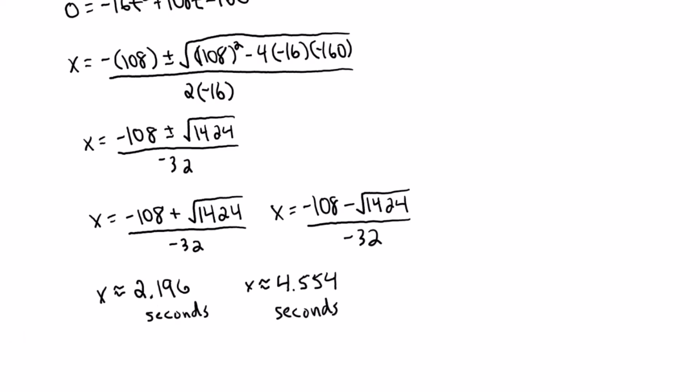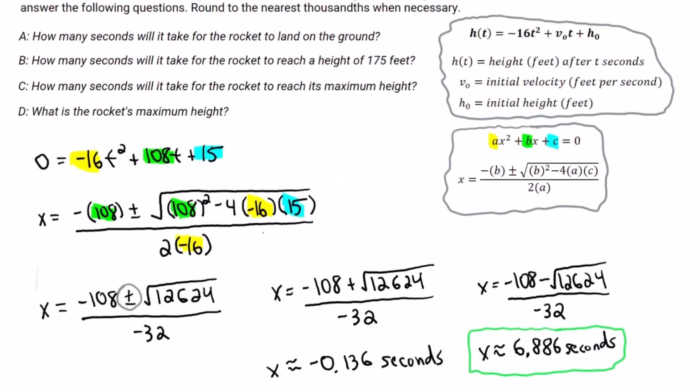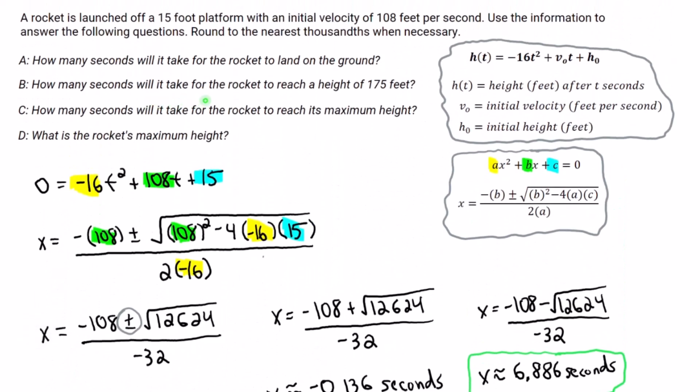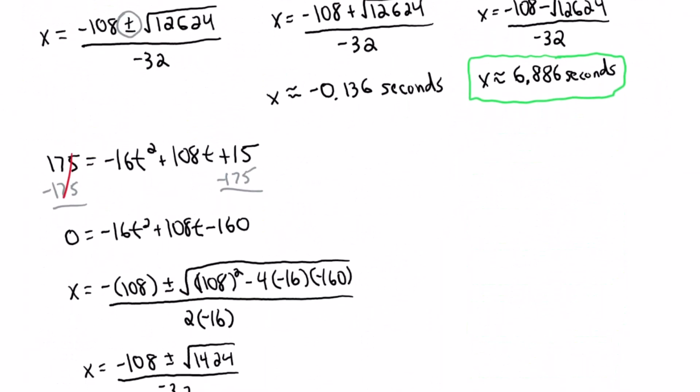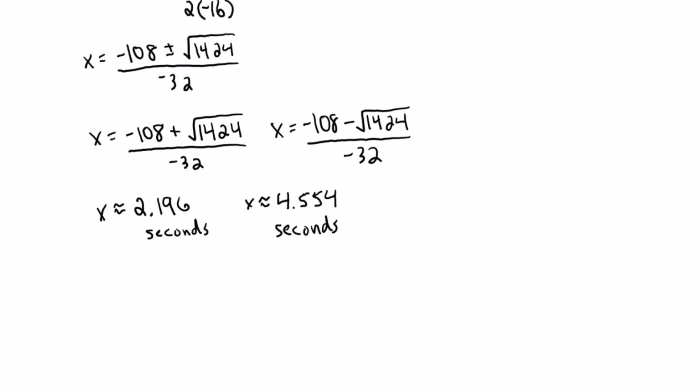Now in this situation, we have 2 answers that are positive, so they both make sense in a sense. You don't have any negative time, but this one is going to be the one that we want to go with, because the question, if you scroll back over here, says how many seconds will it take for the rocket to reach a height of 175 feet? So how many seconds will it take for it to get there? Well, when it goes up, I'm going to kind of sketch this up. It goes up, it's going to first hit 175 feet at that first time,